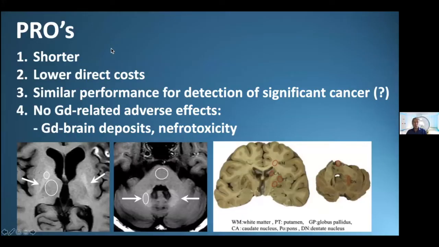Now, what are the pros? You can reduce significantly the time of the image acquisition. Also, you can lower the direct costs. Similar,